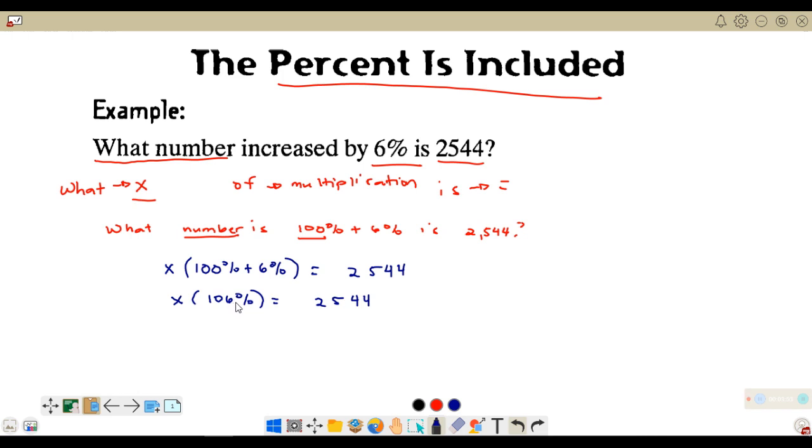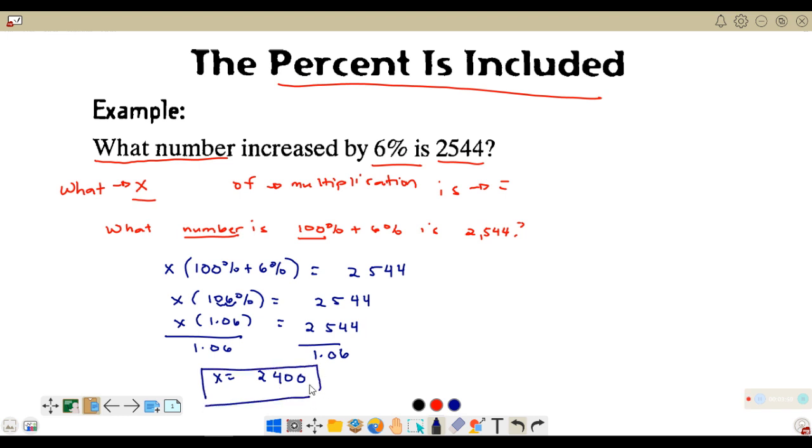So all we have to do is to move our decimal place 2 units to the left, giving us x times 1.06 is equal to 2,544. So now we are looking for the value of x, so we have to divide both sides by 1.06. So to get the value of x, we have 2,544 divided by 1.06. Pakikuha po ng calculator. So we have here